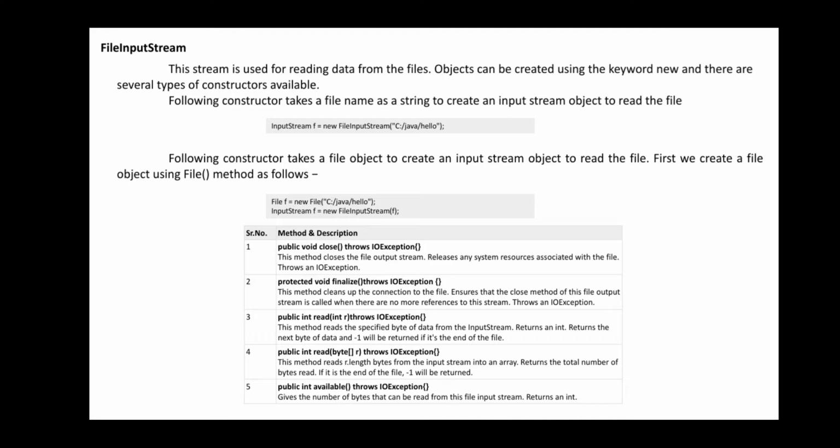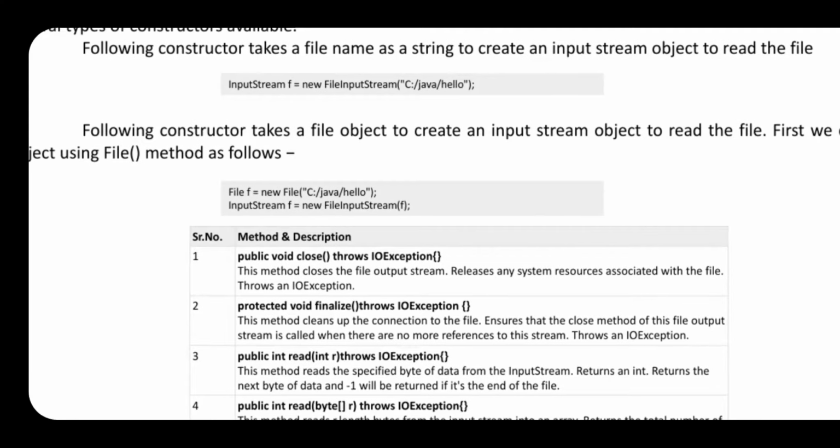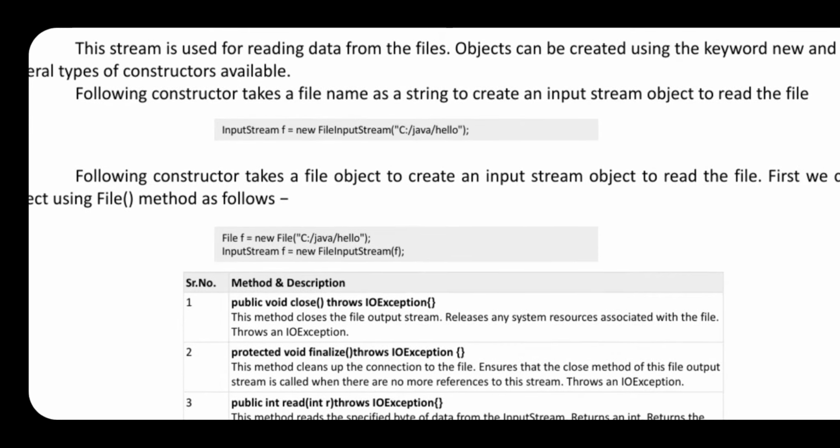What is a file? It is a bulk or bundle of information, we can say. If I create a Word document, it will be converted to a Word file. You have specific information within that one, and it will be stored by some name. That name is called a file. So specific information related to that particular name, we can call a file. The objects can be created using the keyword new, and there are several types of constructors you can define. How can the input file be created?